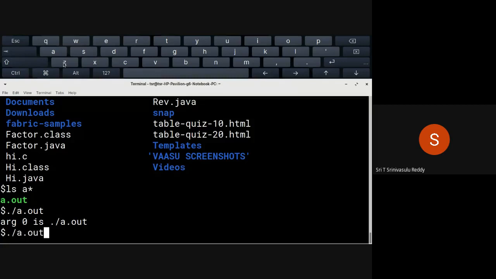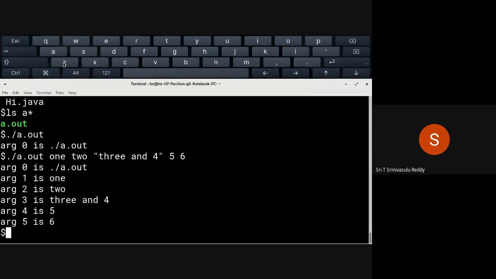Whereas if you run like this, 1, 2, 3 and 4, 5, 6, like this, as you can see, argument 0 is so and so, 1 is 1, 2 is 2, 3 is 3.